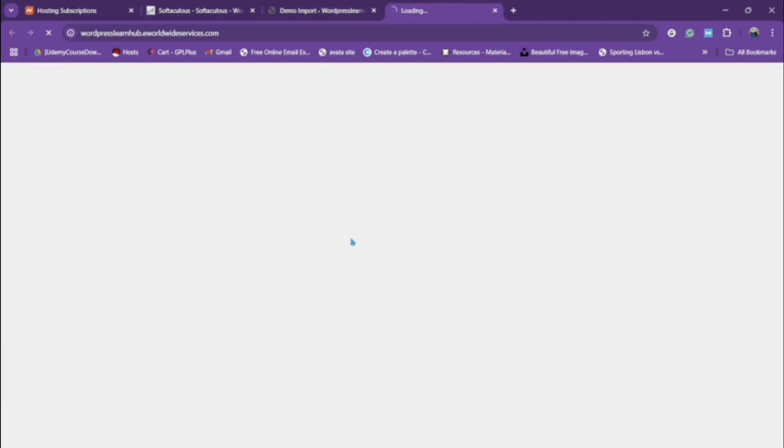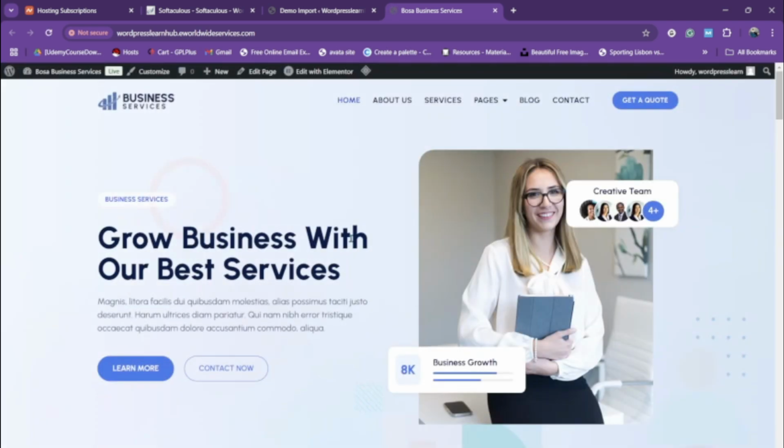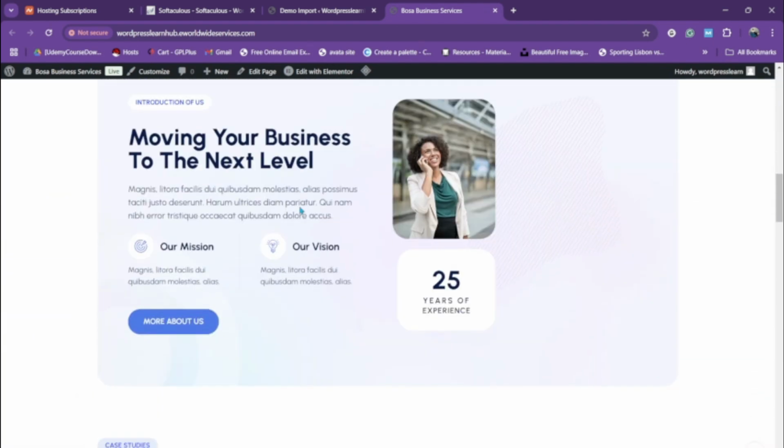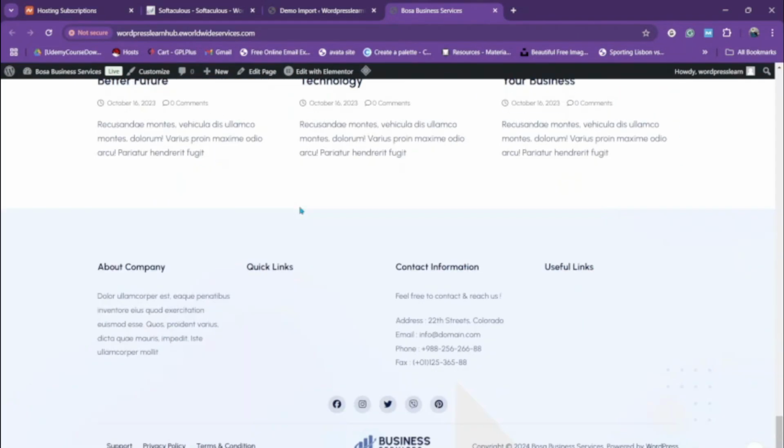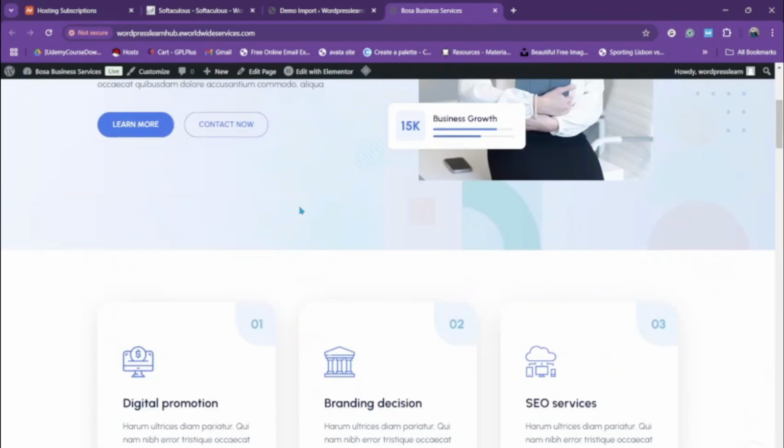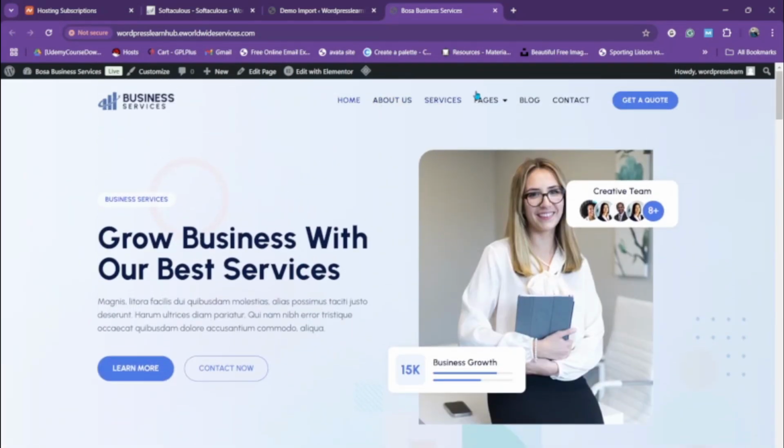Okay, easy. Okay, yes, there it is, our beautiful business theme. This can be used. You can customize this to fit into your organization need. If it's for your personal business, you can even customize this for a consulting